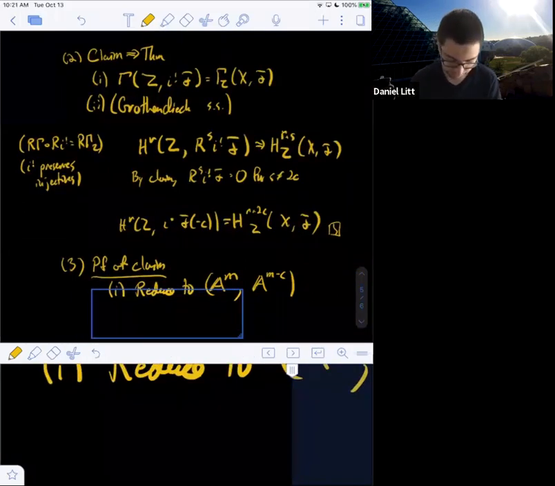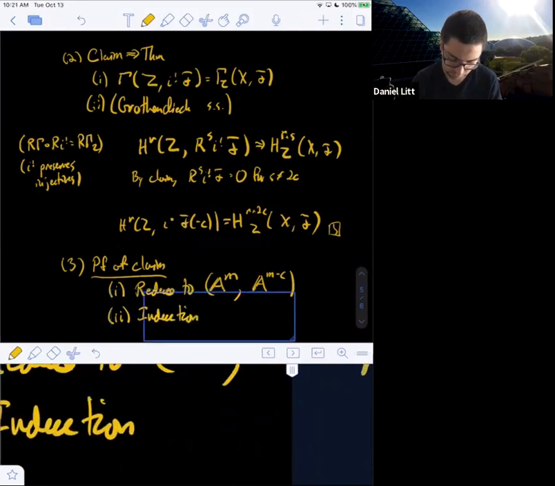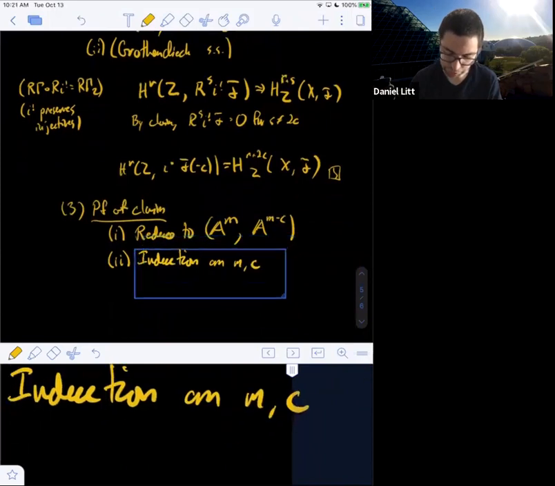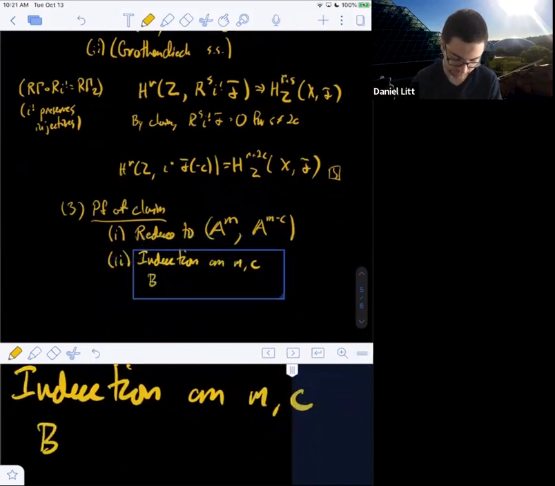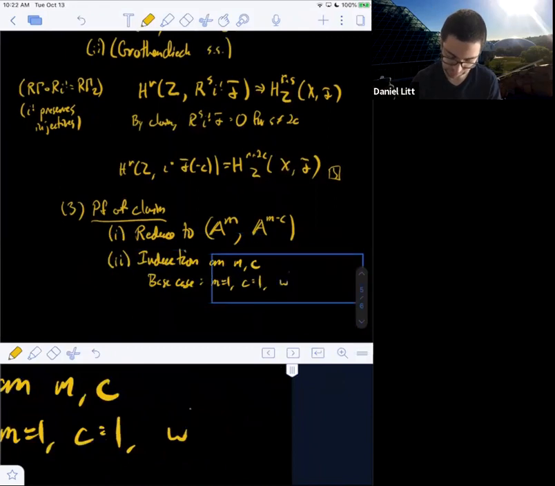All right, and then you just do induction on m and c, and we already did the base case. The base case was m equals 1 and c equals 1, which we already did last time.